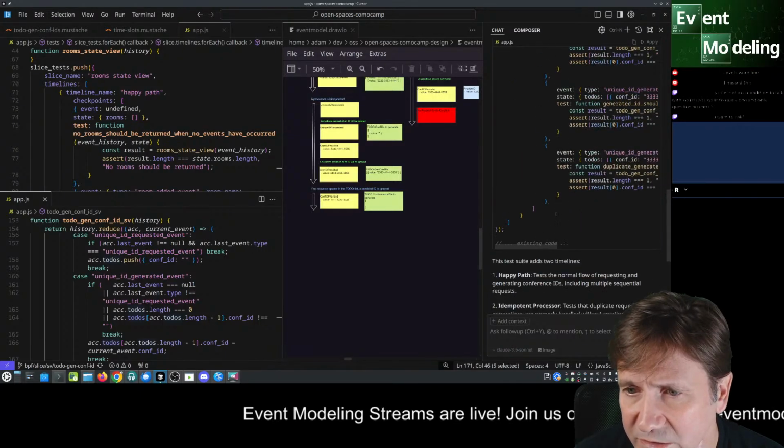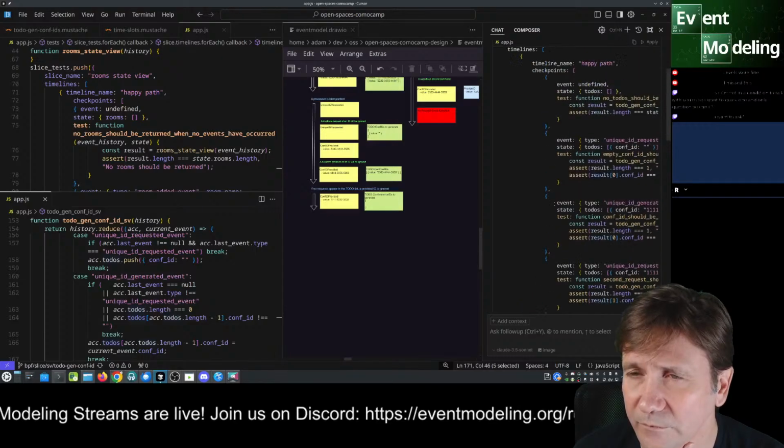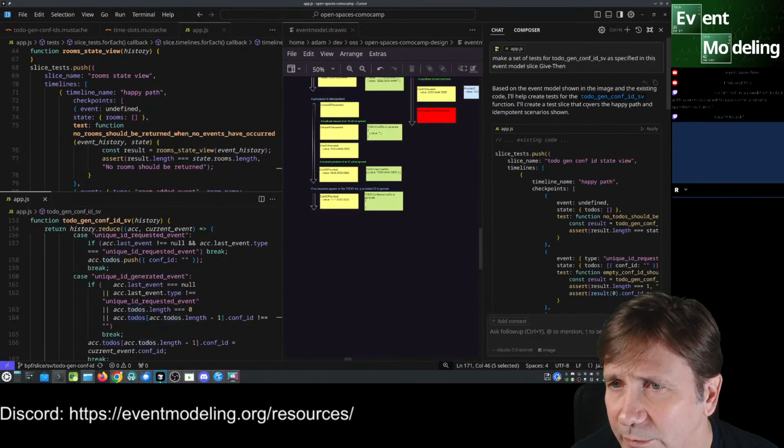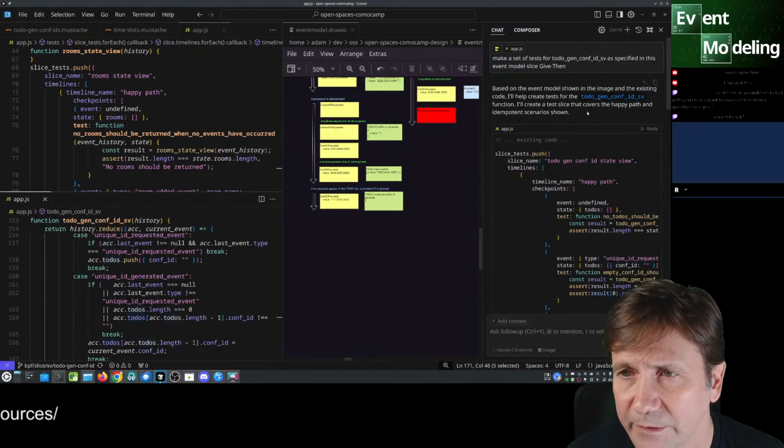If no request. So I'm not happy about that. I'm going to reprompt it. So it almost got it. Why is it missing the third timeline?